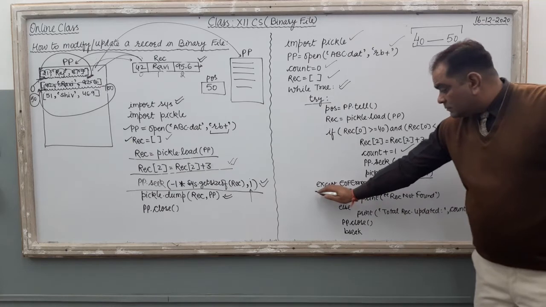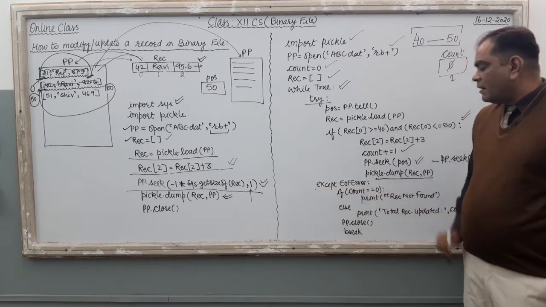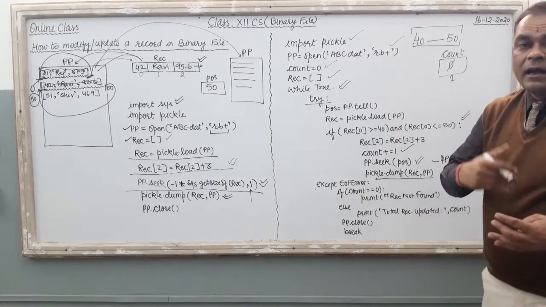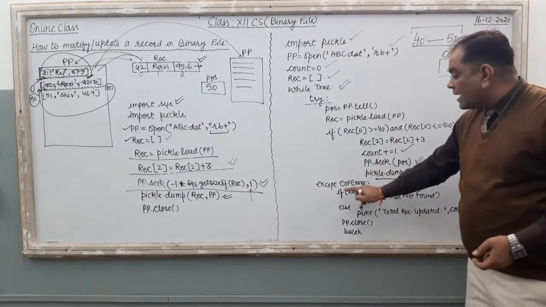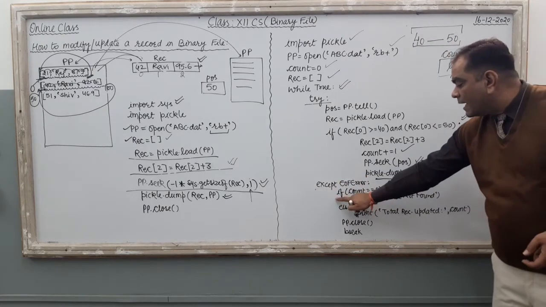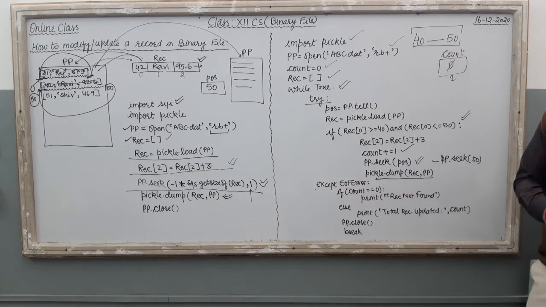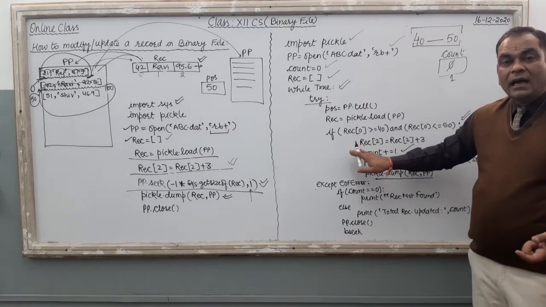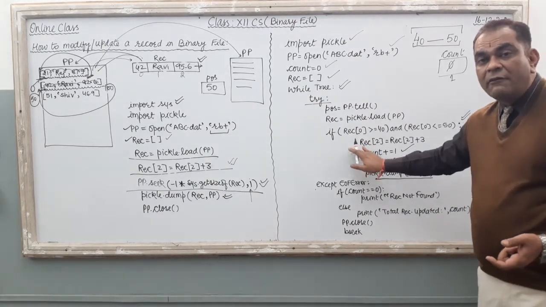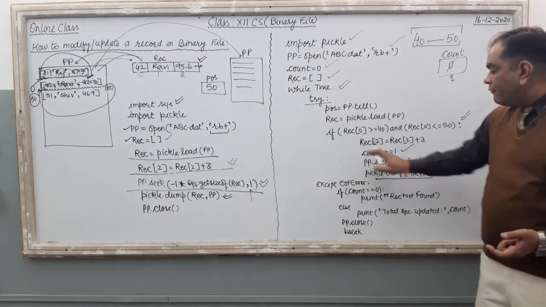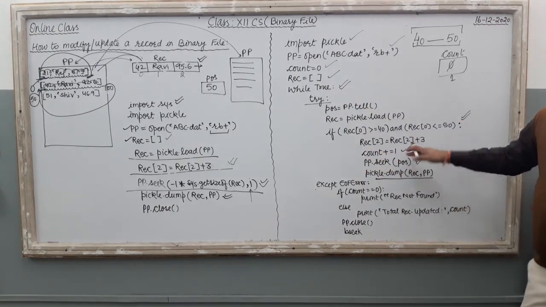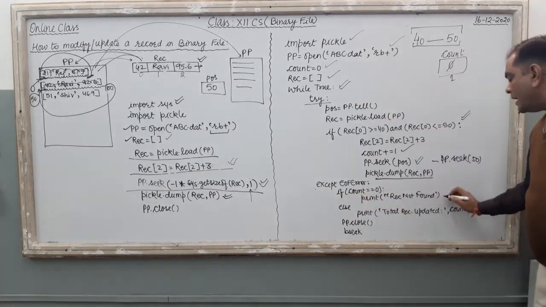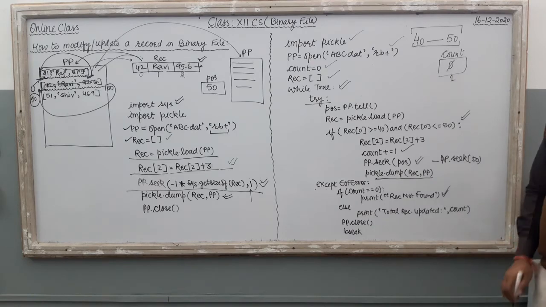Clear? Now the same except EOFError. Once your computer reads the whole file, automatically an EOFError will be generated, and this error will be handled by the except command. Here, see what is written: if count == 0. When will count be 0? When your computer has not run this if block, only then will it be 0. In the if block the value of count is increased, so if not a single record was found, it means what? count == 0. So if count == 0, print record not found.